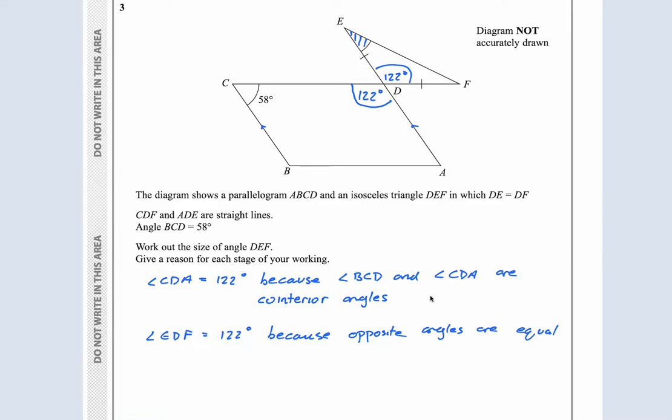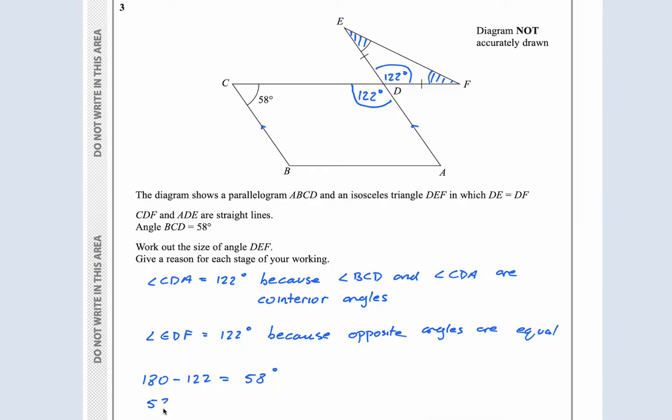Then, because it's an isosceles triangle, guys, these two angles, F and E, have to equal each other. So what I'm going to do is say 180 minus 122 is equal to, well, I know it's 58 degrees, and then